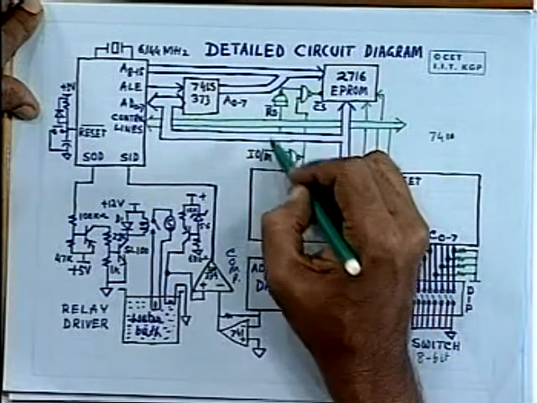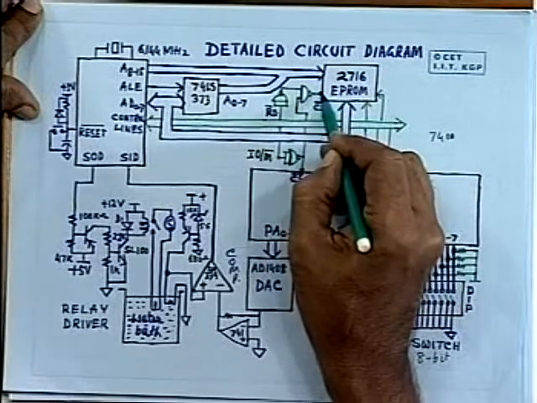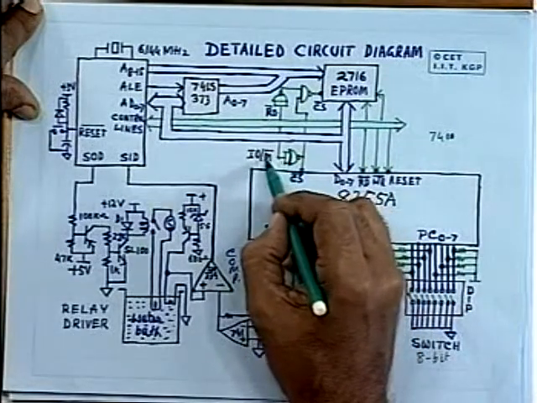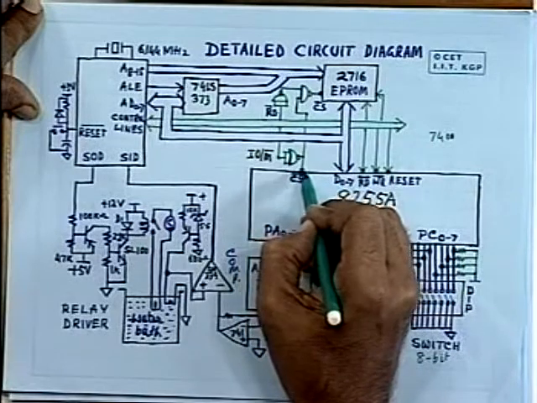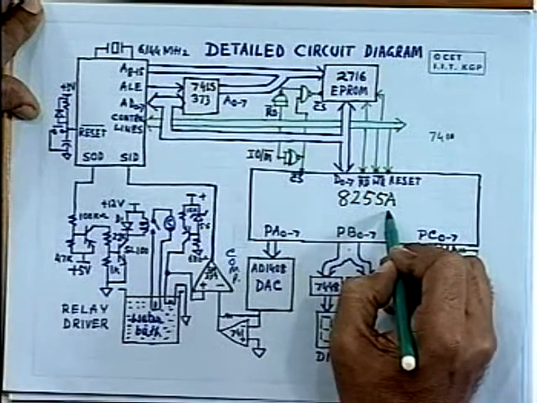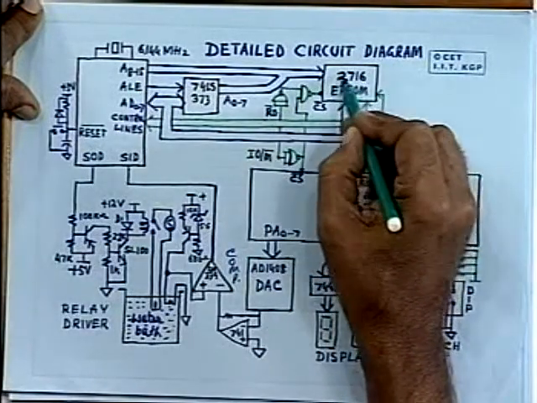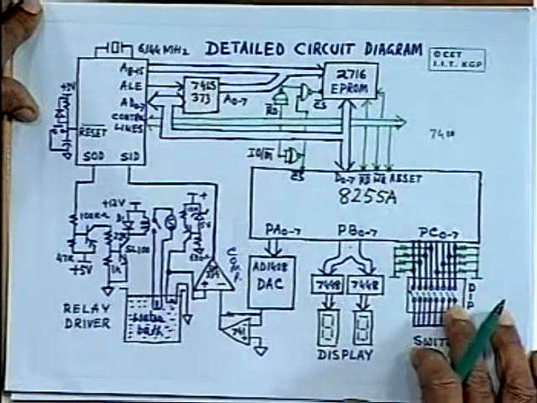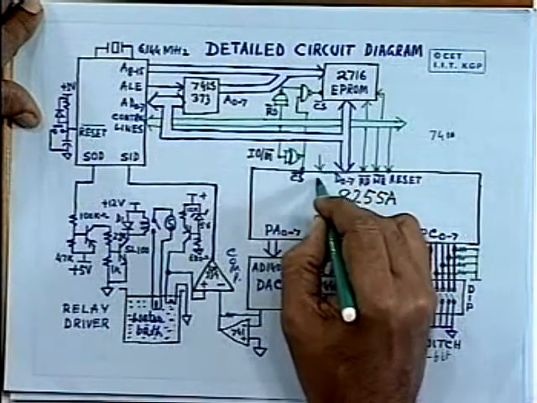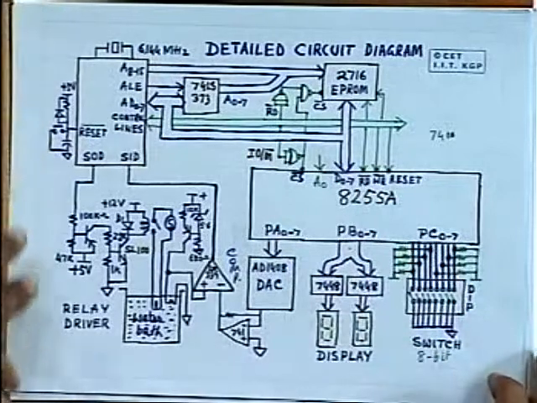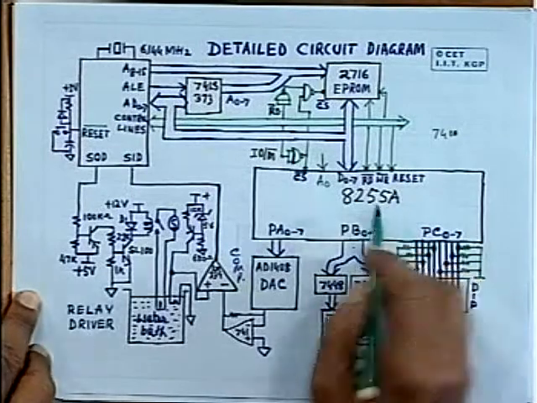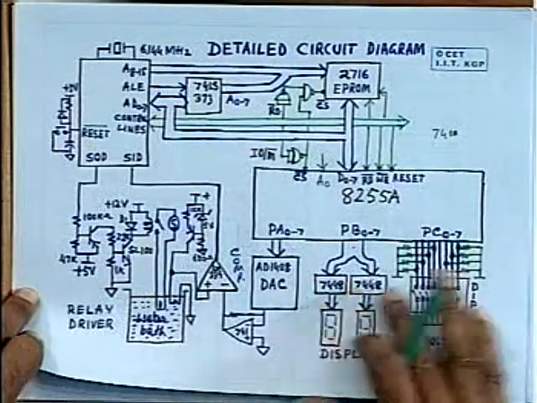So whenever read and IOM both of them are low, then this chip is selected, ROM is selected and read, and whenever IOM is high, then this programmable IO chip is selected. So this maps the IO port device on the IO address space and also maps this ROM to the memory address space, to separate address spaces. However, apart from these lines, you will require the A0 line for reading the different registers in the 8255 programmable IO port chip. So that completes the detailed circuit diagram of the microprocessor.